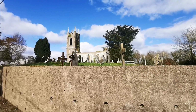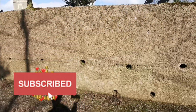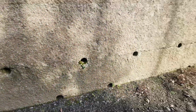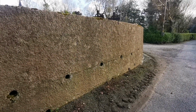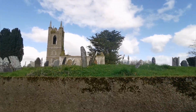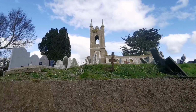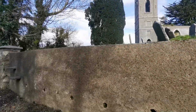So that's the old graveyard there up on the hill and the church, and just on the wall here outside on the graveyard you can see all these holes here, and there's a number of these on the wall here, and they're for drainage. I'd imagine they're for drainage in the old graveyard there, if it ever got flooded or anything like that. So I haven't seen that before. So let's go in